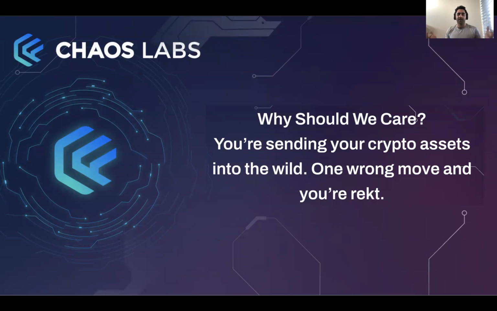All right. So we're talking about mitigating risk, security, and reliability of bridges. But before we get into the thick of things, why should we even care? There's good reason to care. If you're using bridges to transport your crypto assets to different blockchains, there's a lot of things that happen under the hood. Depending on the kind of bridge that we use, which we'll get into in a second, there's a lot of trust, there's a lot of danger and risk. And it's enough that usually one or two things go wrong for you to get completely wrecked. So this is good reason to care, because potentially all of your funds are in jeopardy when you're executing on these cross-chain swaps or transfers.